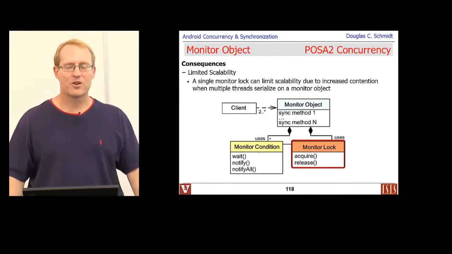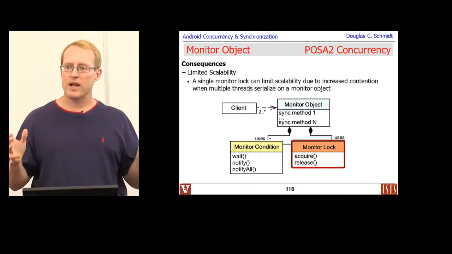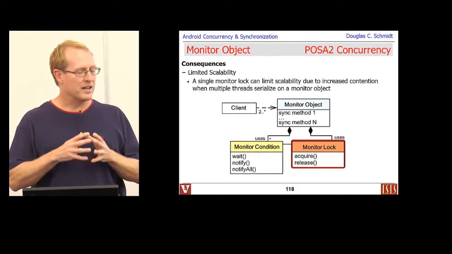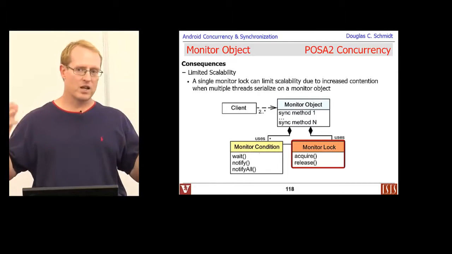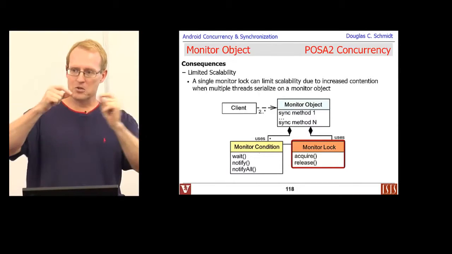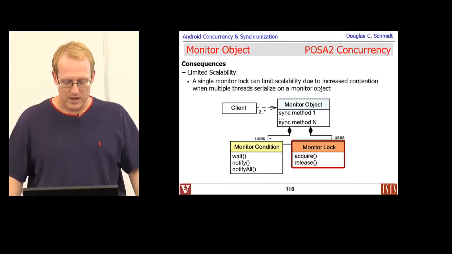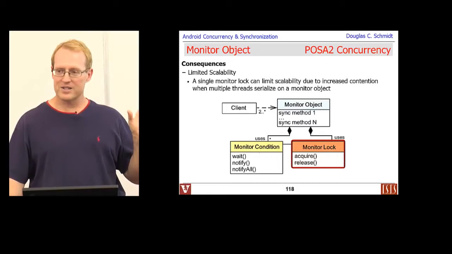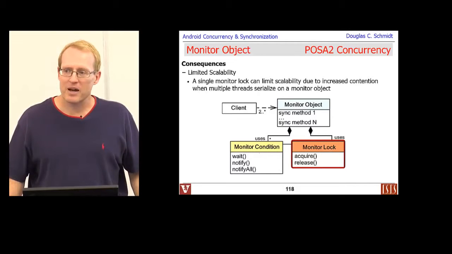There are some downsides, however, with using this particular approach. One of the problems is that if you're not careful, you can have lots and lots of threads, and the monitor object itself becomes a contention point, because you could have dozens or hundreds or thousands of threads and one poor measly monitor object, and they're all trying to descend on it. It can easily become a bottleneck, among other problems. In that case, the monitor lock is a choke point in the scalability of the design. Does anybody have any thoughts about ways in which you could address the issue of choke points or contention points in a